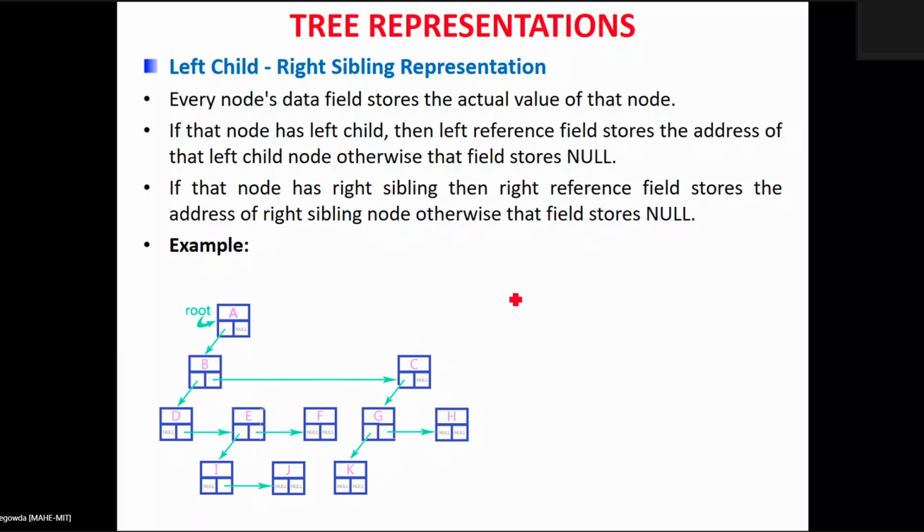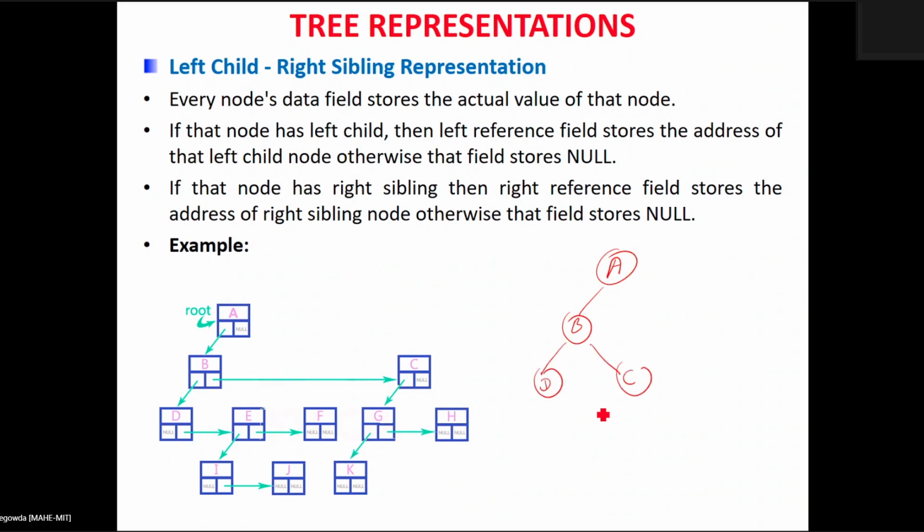So if you look at this, say for example, I have A, and A is going to have the child B, then B is going to have a child D, and as for C, and your D is having a right child, that is nothing but E, then E is going to have I as the left child, and F is nothing but the right child of E, and this I is having a right child, that is nothing but J.